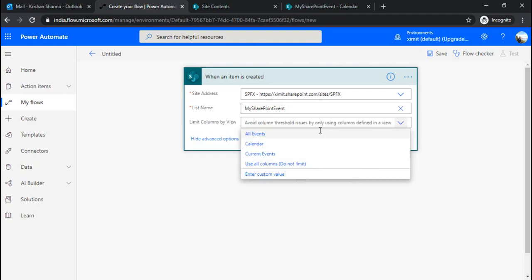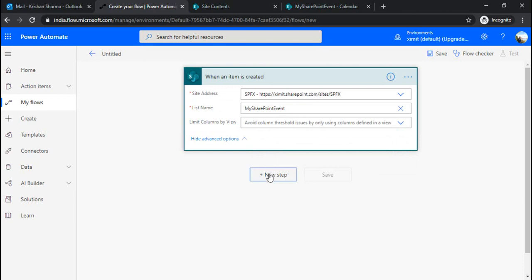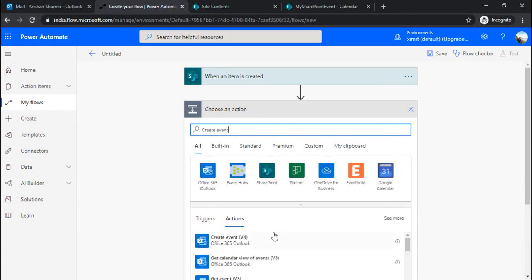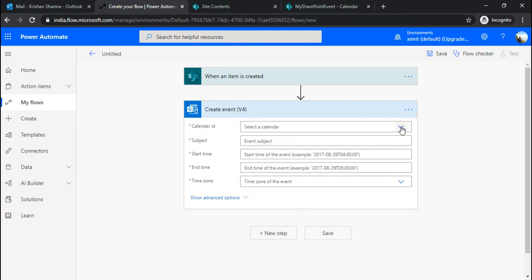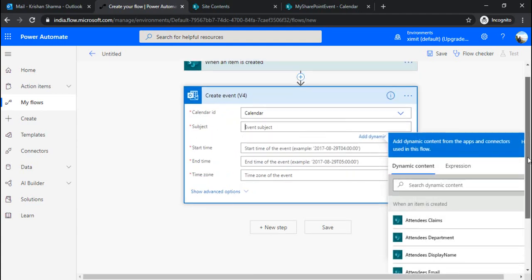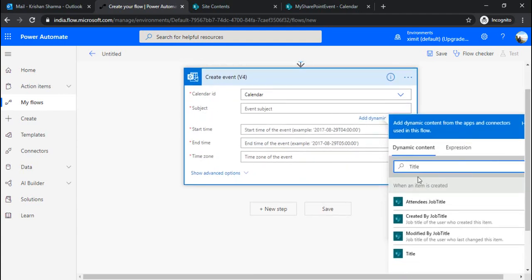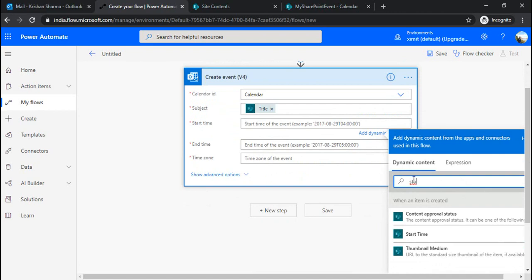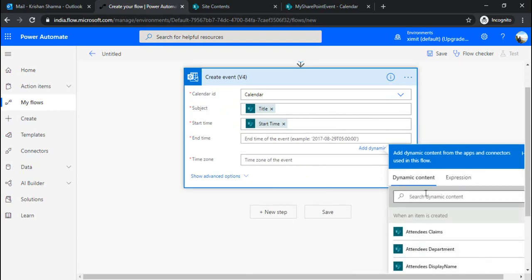When you click on show, it will show you all the views. That means your list got integrated with this when item is created action. So we are good. In the next step, we'll add one create event in Outlook. I'll choose the create event V4 version. In calendar, we'll be selecting our local calendar. Subject, I'll tie up with the dynamic title of my SharePoint event list. Start time, again I'll find from dynamic content. Same way for the end time,